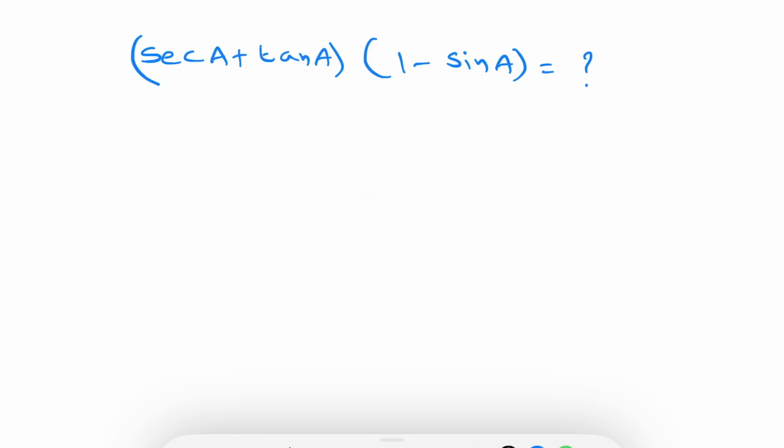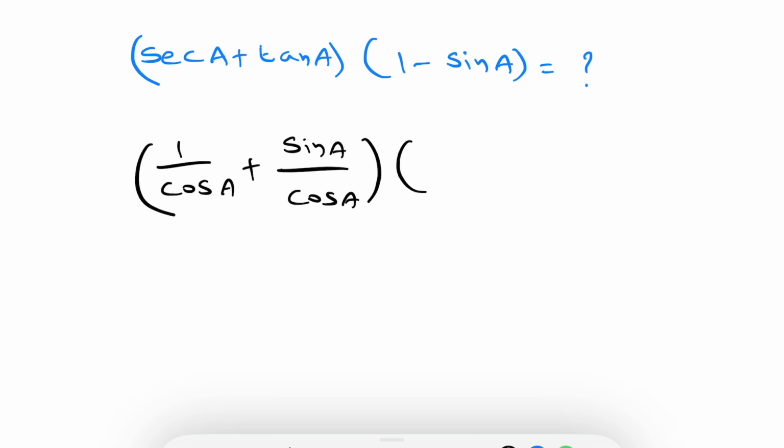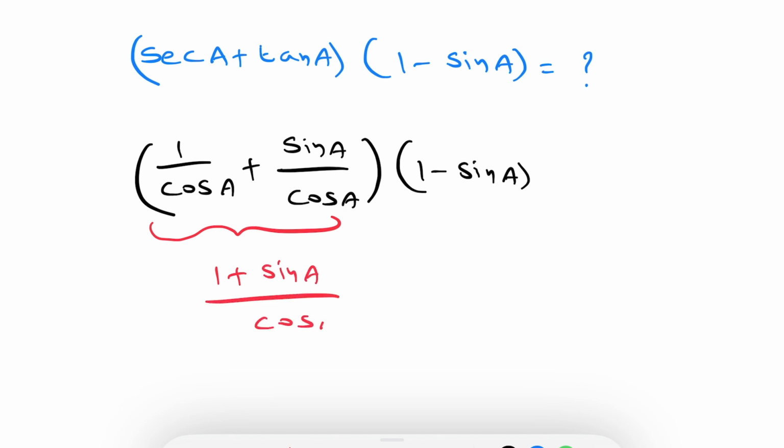Simplify (sec a plus tan a) into (1 minus sin a). Sec a can be written as 1 by cos a, plus tan a can be written as sin a by cos a, into the second one, which I am writing as it is, 1 minus sin a. Now in the first one, both the denominators are the same, right? So add the numerators. It will be 1 plus sin a divided by cos a, times 1 minus sin a,